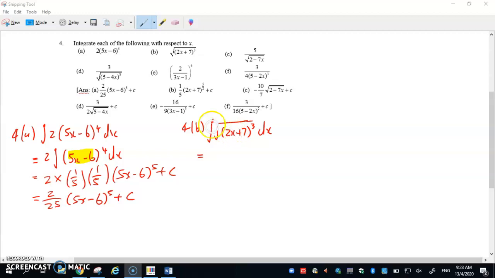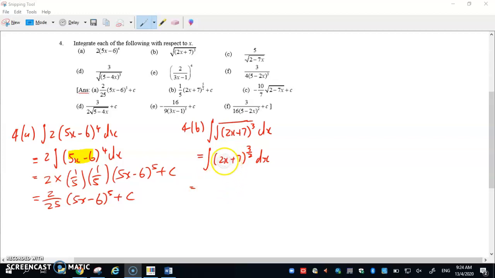Now the next part is that we have the square root of this entire expression with a cube. So we can express this as (2x + 7)^(3/2) dx over here. At this point you realize again that within this power of 3 over 2 there is a linear expression. So you may integrate directly and divide by 2 for the final answer, to remove the effects of chain